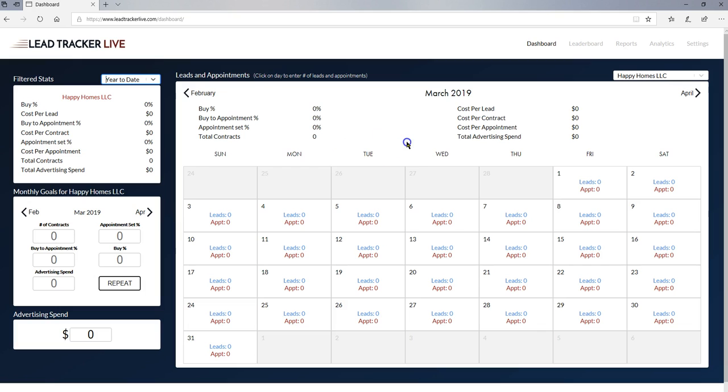uploading your spreadsheet. Be sure to do that, and then once you are done uploading your previous spreadsheets from previous years, you should be good to go with uploading data. So first, of course, you're going to want to put in what your advertising spend is. I'm just going to put in $5,000, and then just like with the spreadsheet, leads in Lead Tracker Live are